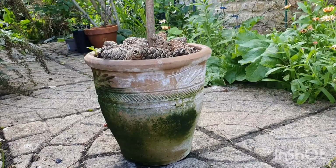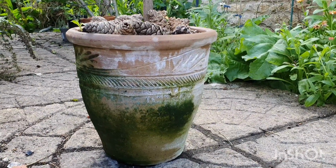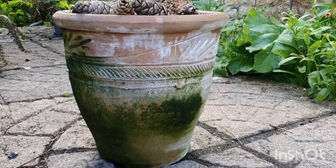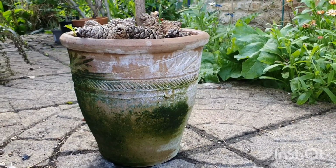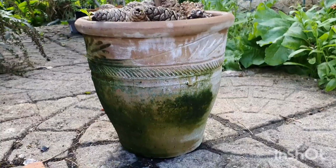I love growing plants in terracotta pots. I just think they're so pretty. But at the moment this one is completely covered in mould, which is not very pretty. It's because the pots themselves are porous, and so yeah, they can just get all this mold on them, which